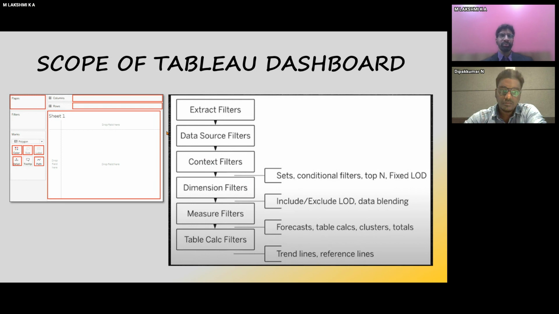So is it at the top end level that you're seeing the data, like a bird's eye view, or at the bottom end, where you're deep diving and looking into the root cause of the analysis and getting to know what is actually causing a certain concern to the business? These red highlighted areas on the left-hand side are the scope of the Tableau dashboard, where you can use all of these LOD functions and other dimension filters, context filters, as well as your rows and columns areas, to bring that output to your data source and also the data visualization.